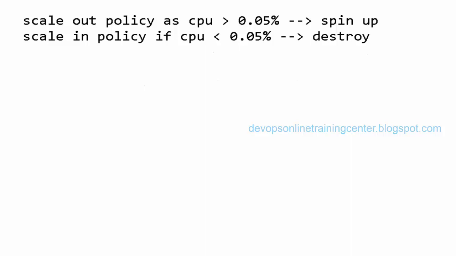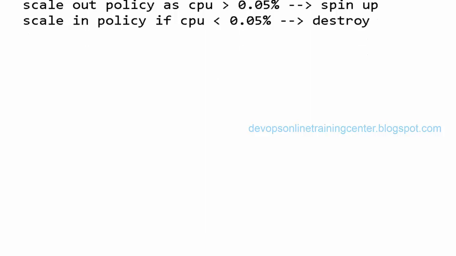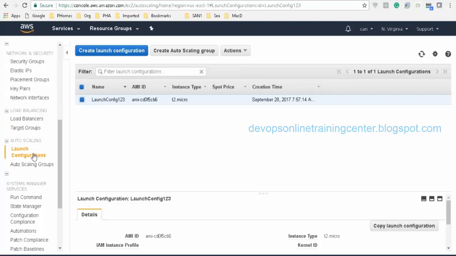So whenever the machine spins up, it will create the Ubuntu machine, add the Apache server, and also overwrite the index.html. It will create a new index.html file, and in that it will add something so that we can see what is happening in the web browser.